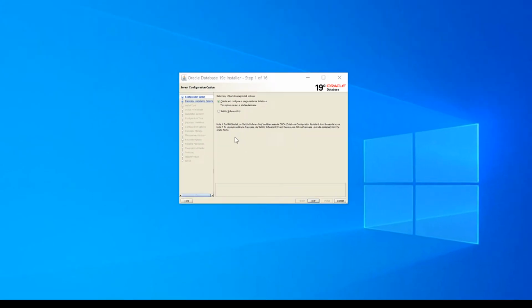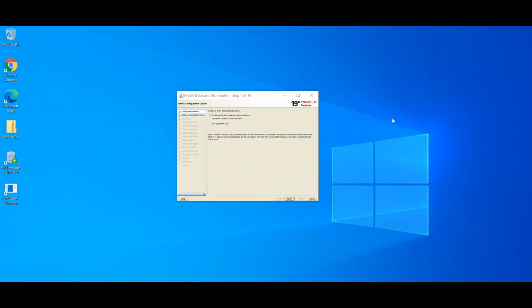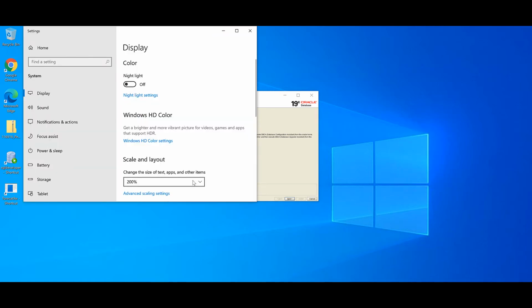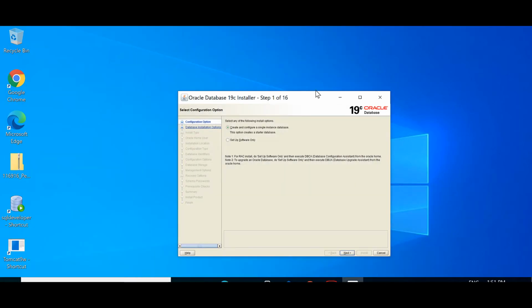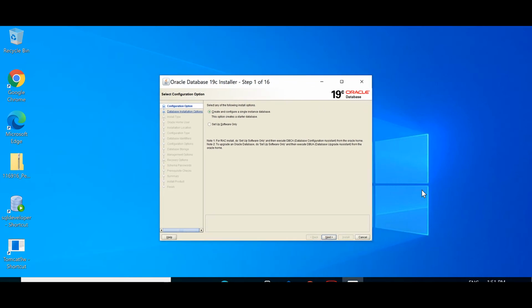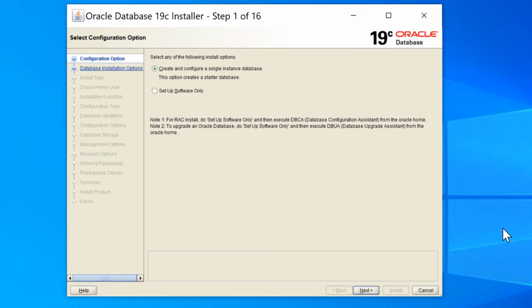You can see the font is very small. Now you can change your resolution. Go to your display settings, scale the layout to 300%. Okay, now you can see a bigger font.